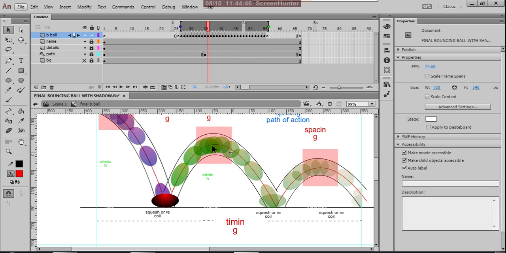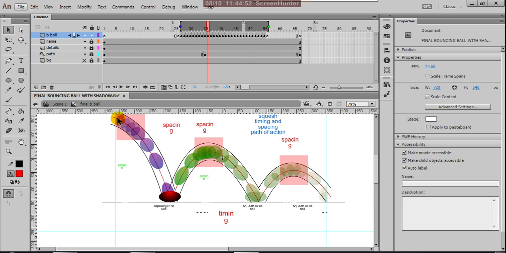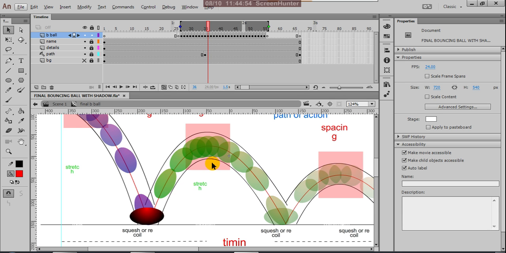From the egg shape, it again changes to a full round shape, like at this area. Here the ball shapes are perfect round. After hitting here, the ball stretches, and the stretched shape slowly gets into egg shape, then a bit egg shape, a bit normal, and here it is normal.